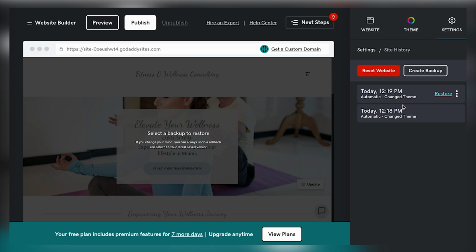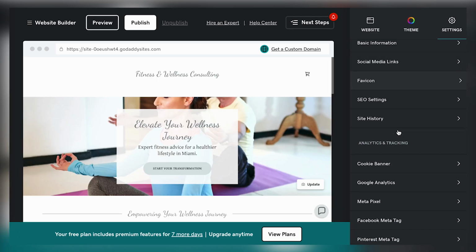I think this is so important because I can't tell you the number of times where you have an intern who's working for you or one of my staff members and they're making some changes and I don't know who was responsible for that. You can see the website history, right? When it comes to your site history there,